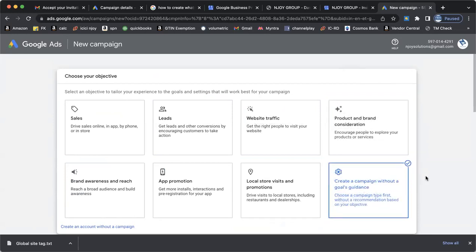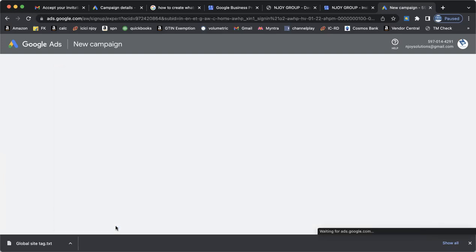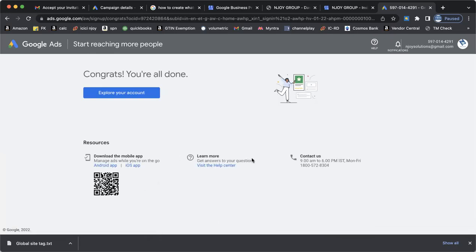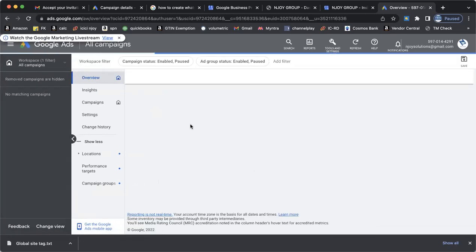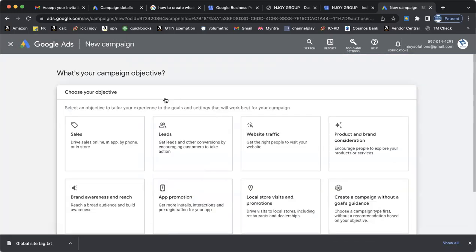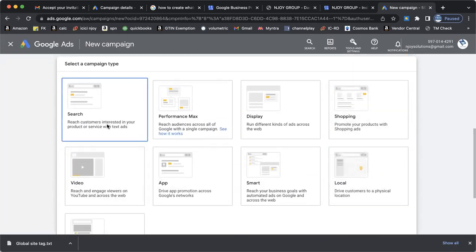सर, यहाँ पे क्रिएट अ कैंपेन विदाउट अ गोल्स गाइडेंस दिखा रहा है ना। हाँ, वहां पे ब्रांड अवेयरनेस देख रहे हैं आप? उसके नीचे क्रिएट एन अकाउंट विदाउट अ कैंपेन पे क्लिक कीजिए, यहाँ पर सबमिट कीजिए। ओके, अभी एक्सप्लोर योर अकाउंट पे जाइए। अभी यहाँ पे न्यू कैंपेन पे क्लिक कीजिए, हाँ सर। अभी यहाँ पे क्रिएट कैंपेन, यहाँ पे सर्च।